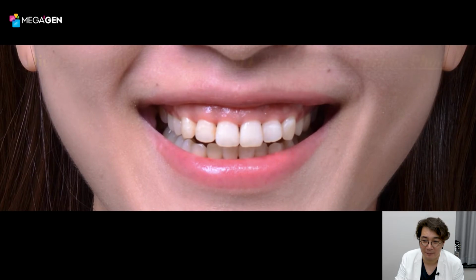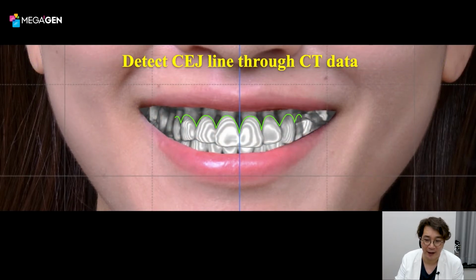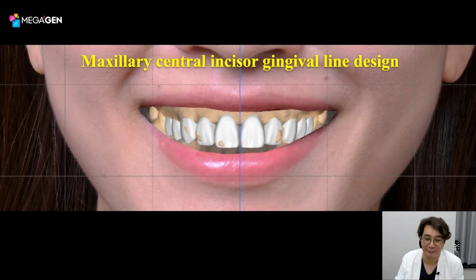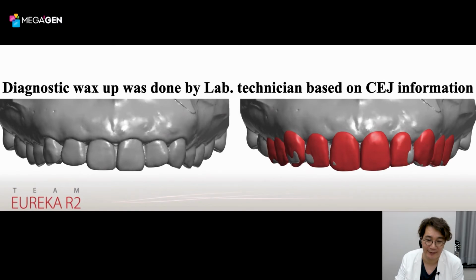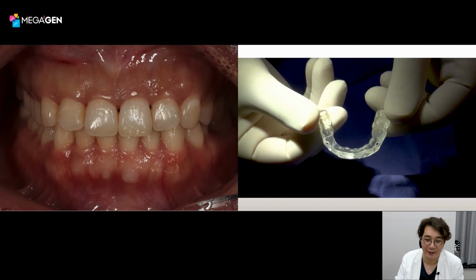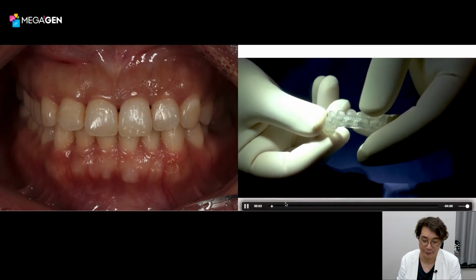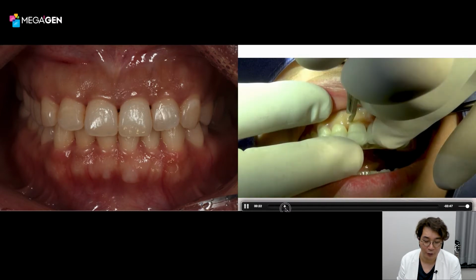So as a first step, make the virtual patient. And where is the ideal gingival line? Cemento-enamel junction to 3 mm below. So go to the CBCT and find the cemento-enamel junction, and after that make the future gingival line, and then make the crown lengthening guide, and based upon it print it out and put it in the patient's mouth, and based upon the future gingival line cut the gingiva